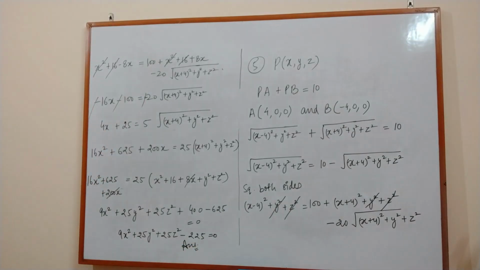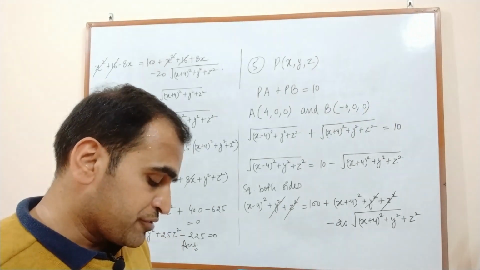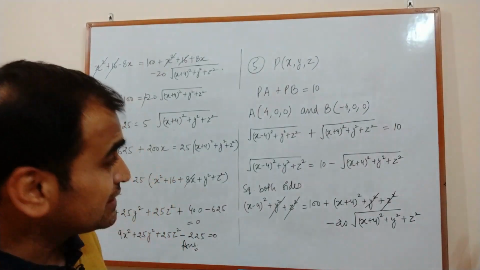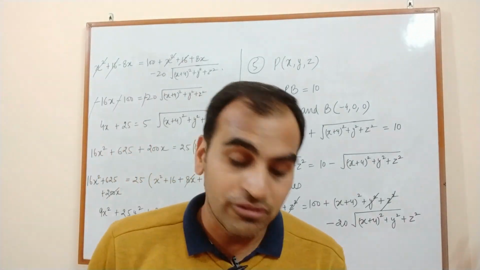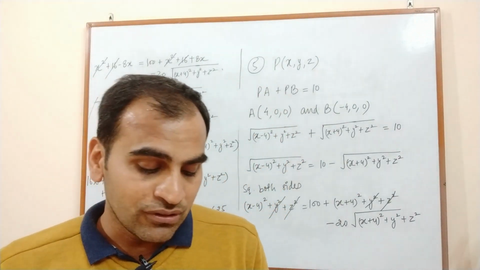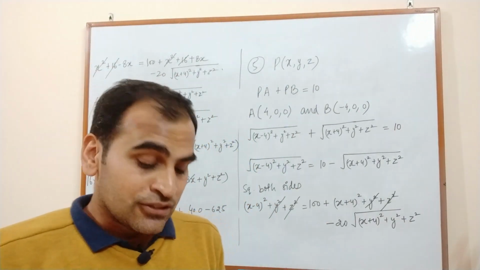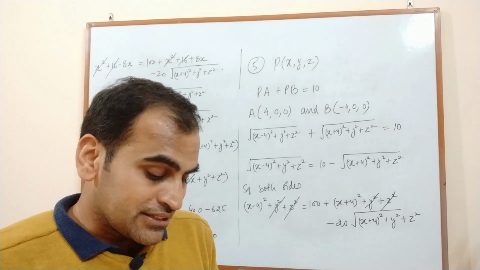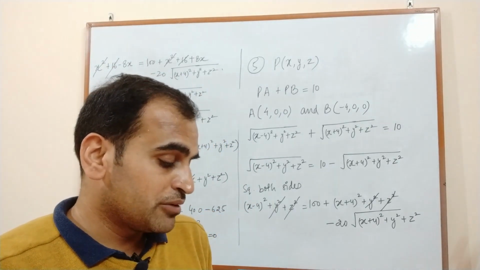Okay. So इसमें like अगर आप देखें, just if you compare the question number 4 and question number 5, in question number 4 it was given that PA is equals to PB, तो वहां पर हमने डायरेक्टली स्क्वायर कर दिया था जिससे अंडर रूट्स रिमूव हो गए थे and it was easy to solve. But in question number 5 it is given as like PA plus PB is equals to 10. So we need to take care of these things, how to solve these types of equations. So okay, so this is about 12.2.